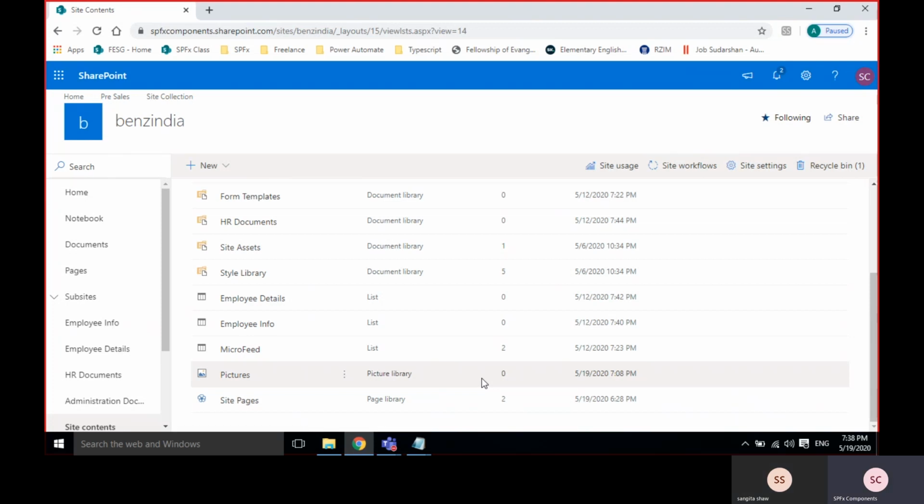Till where exactly are you seeing? In that, form template, HR documents, the library part. You're able to see microfeed, then pictures. After that I'm not able to see because of that bar.